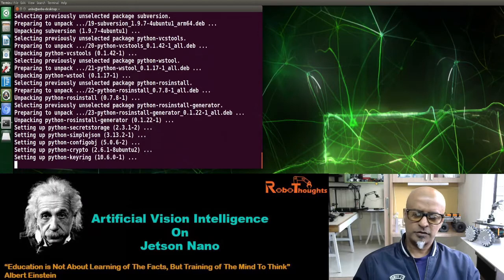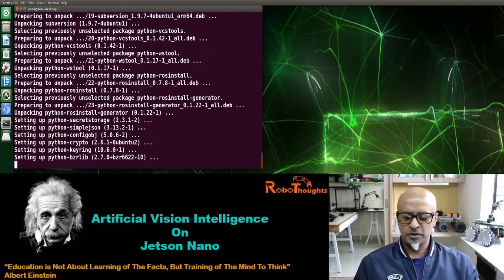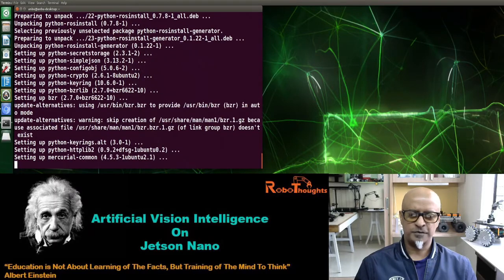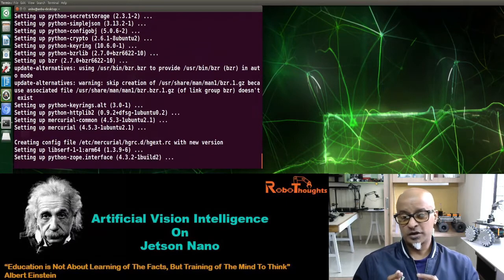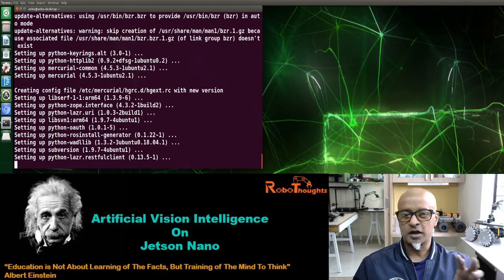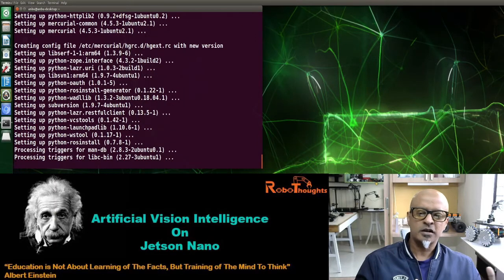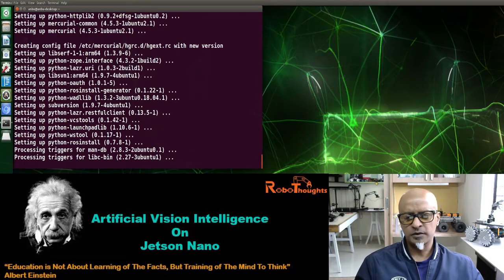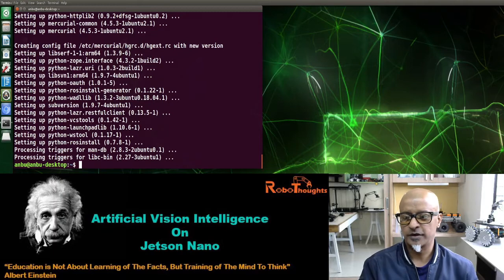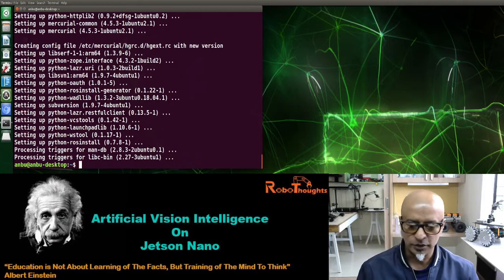Alright guys, while this gets installed, let me also give you a heads up on where we are heading. After this lesson, I am assuming that you are set up with ROS, your LiDAR and your T265. I am also going to make parallel videos on how to use the USB camera for those who are not able to get a T265. Alright, there you go. So let's get into this.